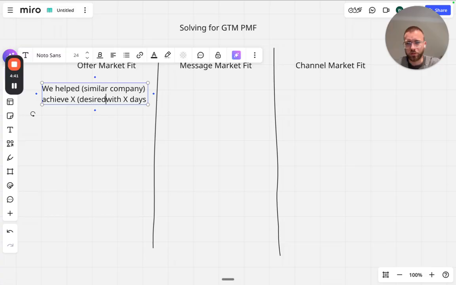And this first X is going to be the desired result, right? So that could be new sales. Typically it's going to be new sales, right? Or it's removing some type of risk, saving time, but most of the time it's new business or reduction in risk. So we help similar company achieve desired results within time frame